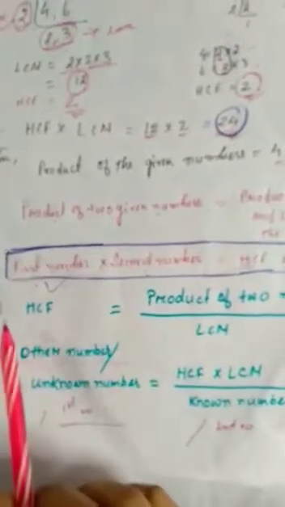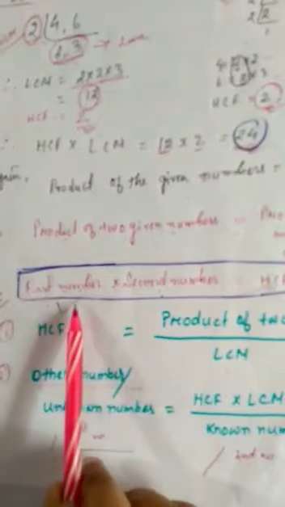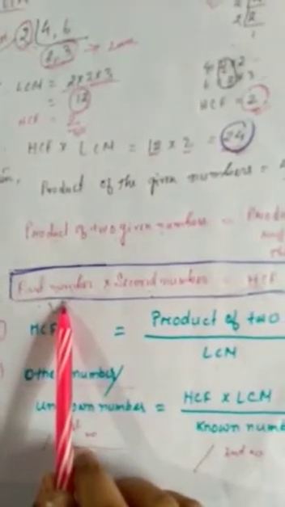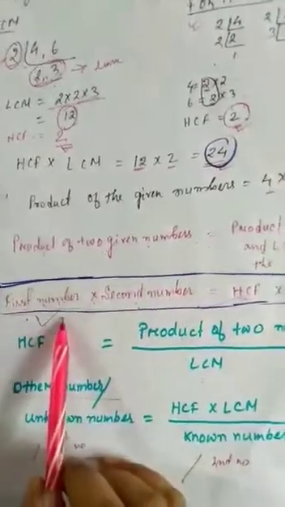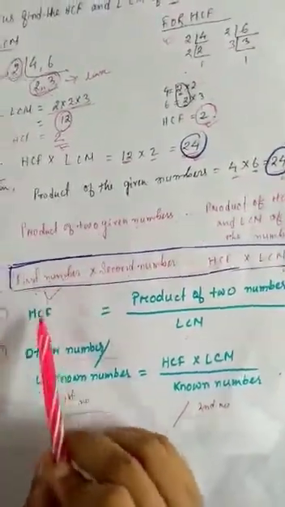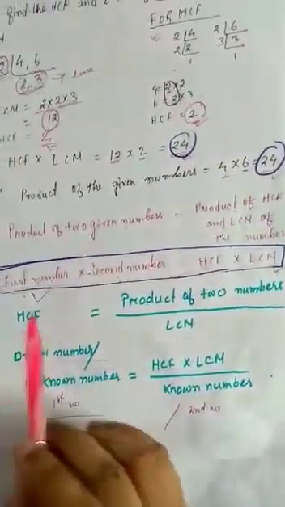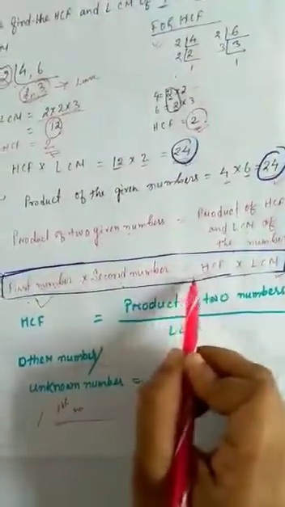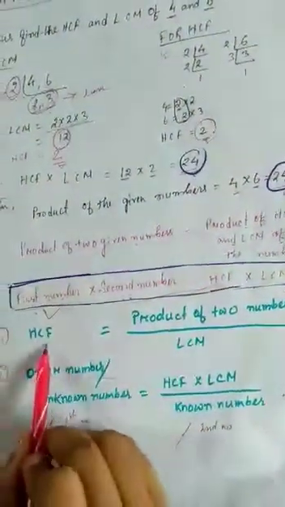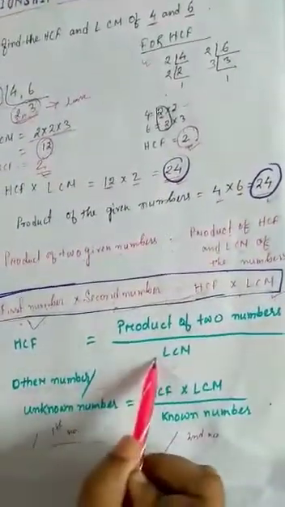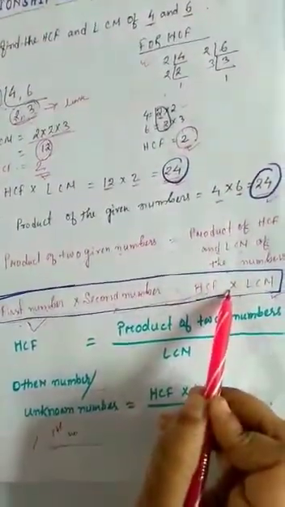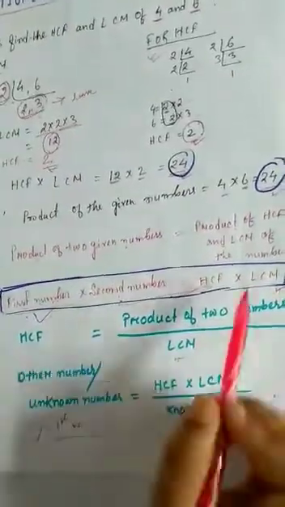Before starting the exercise sums, we'll recap what we learned in the last class, the relationship between HCF and LCM. See students, we have derived this much in our last class. From this we can find the HCF also like this. Here it is multiplied, so if we bring it to this side, it will be HCF. You can write the opposite: the product of two numbers divided by LCM. One is multiplied, so if it comes to the other side, it will be divided.